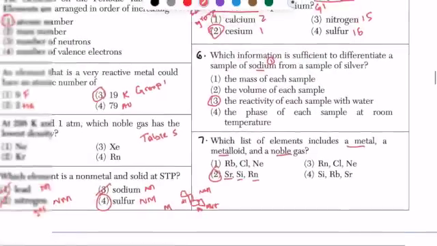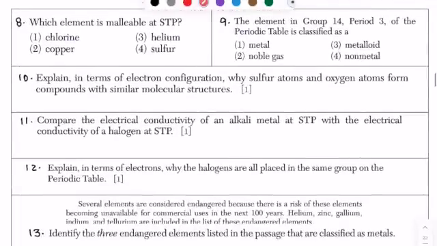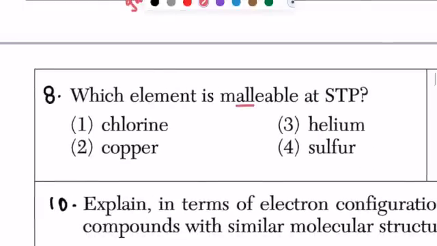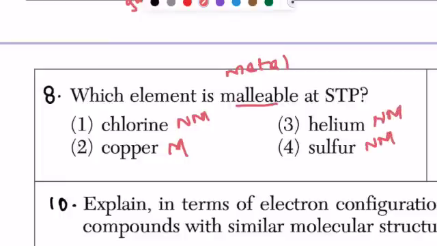All right, moving on to a few more questions. So which element is malleable at STP? Make sure that you know the properties of metals, nonmetals, and metalloids. So malleability is a property of metals, so we are looking for a metal in our answer. So chlorine, we know, is a non-metal. Copper is a metal. Helium is a non-metal, and sulfur is also a non-metal,